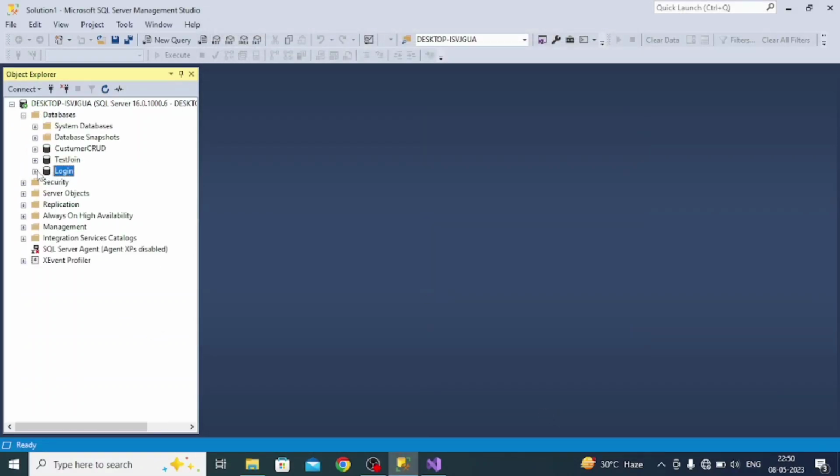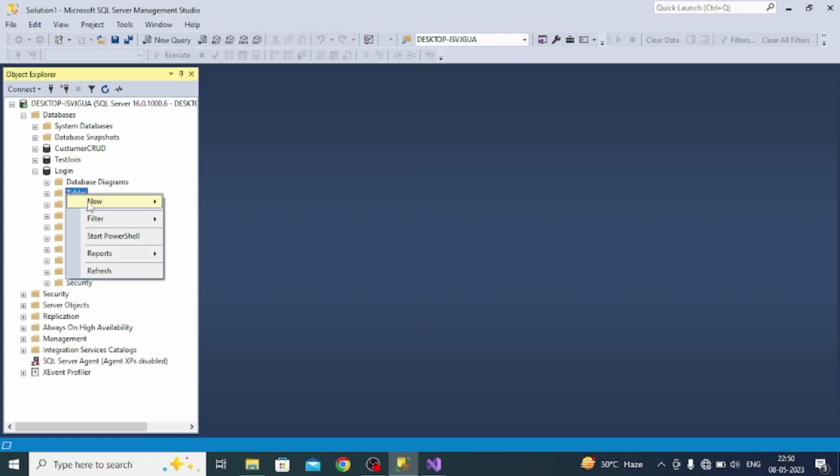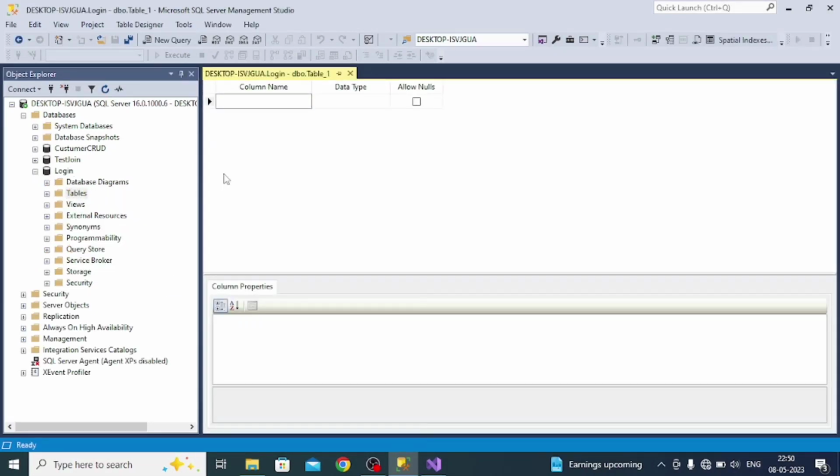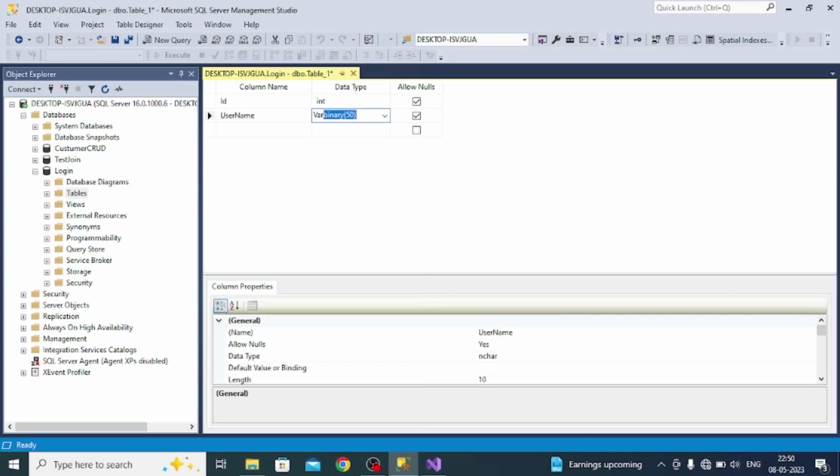Then we have to create a table on it, new table. First of all, we have to take the ID, integer. Then we have to take the user name, varchar. Then we have to take the password, varchar. Here we have to make the ID a primary key, and one more thing, we have to go to